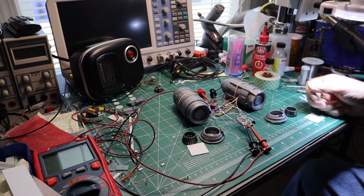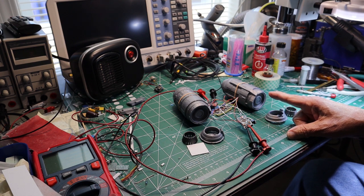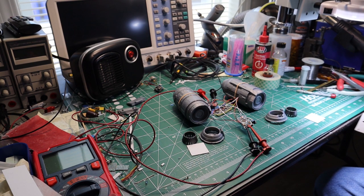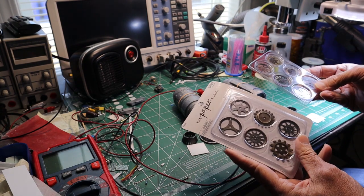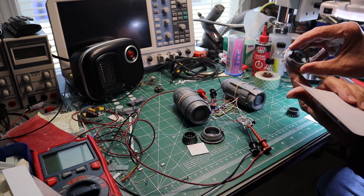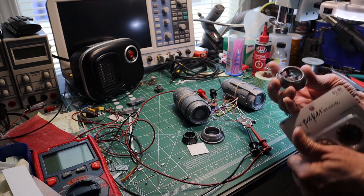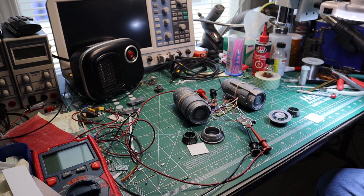I just thought it might be fun to animate the blades, whatever we're going to call them, compressor or whatever. Can't really do it easily on the Revell kit. Then I tried picking up a couple of these, which again wasn't really the best choice, but it was really the only thing I could think of. If I remember right, it was all molded into this piece on the Revell kit, and I would have had to hog out a lot of material and then put something like this behind it, and it might have turned out okay, but